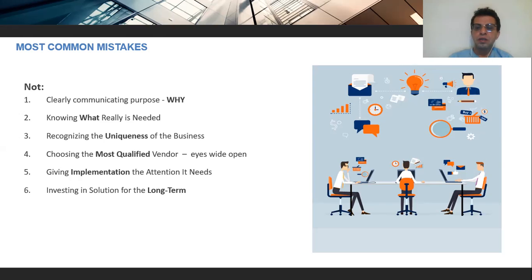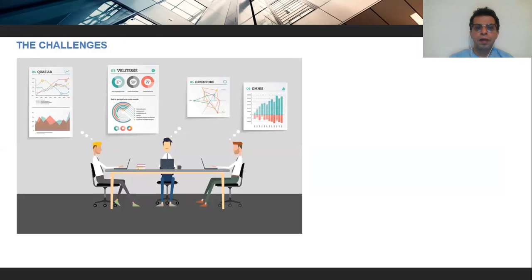Investing in a solution for the long term. As we said, usually mid-size to large companies are talking about $5 million up to $50 million in implementation cost. So you're not looking for an application for 1 year or 2 years. You're looking for something for 10, 15 years, maybe a minimum of 5 years. The application should be utilized.